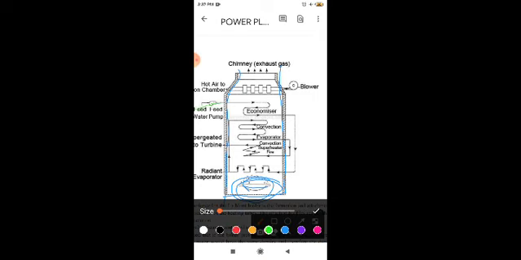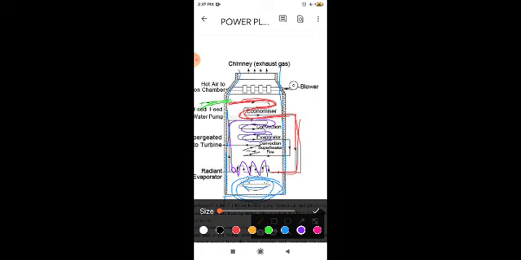First, water enters the boiler. In the economizer, the temperature of the water gets increased. Then it is supplied directly to the evaporator, where the water gets converted into steam. Then this steam is supplied again to increase its temperature more.